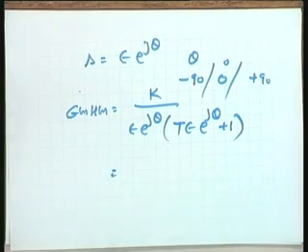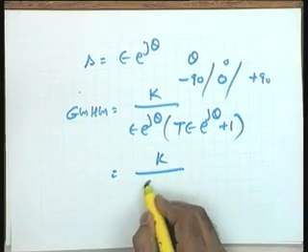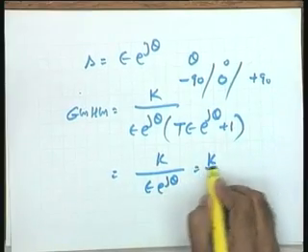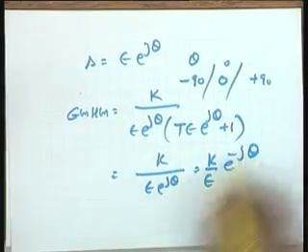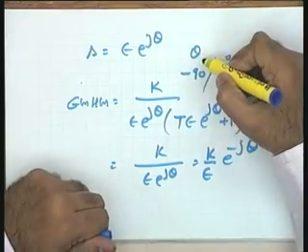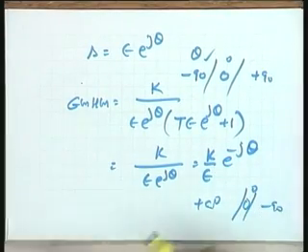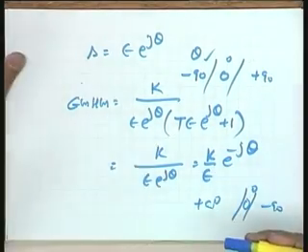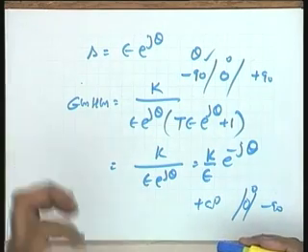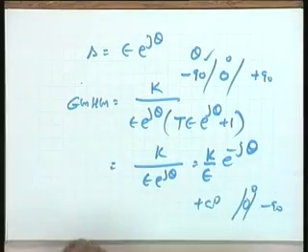Okay, this is equal to k over epsilon e to the power of j theta, since I think this 1 can be neglected with respect to epsilon, equal to k by epsilon e to the power of minus j theta. Now you tell me, this is an infinite magnitude, k by epsilon, with the angle now changing from plus 90 degrees to minus 90 degrees through 0 degrees. The infinitesimal semicircle has been modeled as an infinite semicircle now, because the radius has come out to be infinity. But how about the angle?